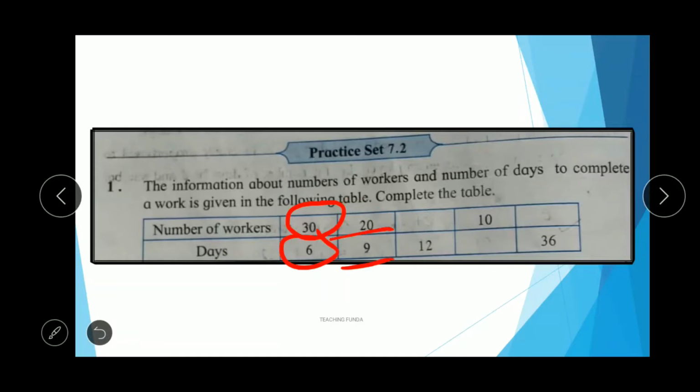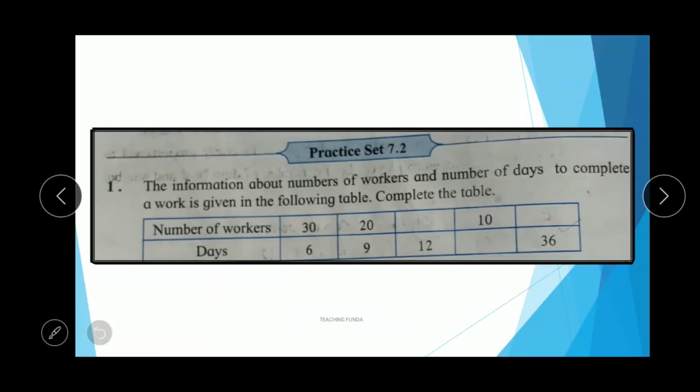Okay, so in this case if one quantity is increasing and the other is decreasing, then it is inverse variation. And what is direct variation? The numbers will be the same, meaning if one quantity is increasing, the other will also increase.